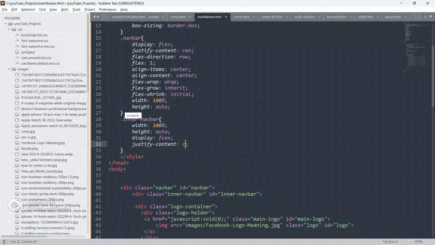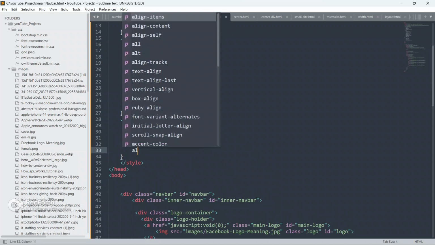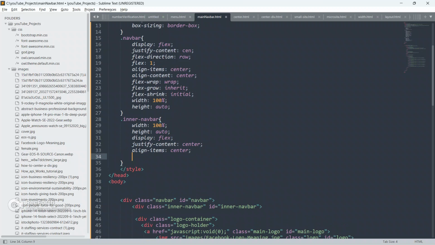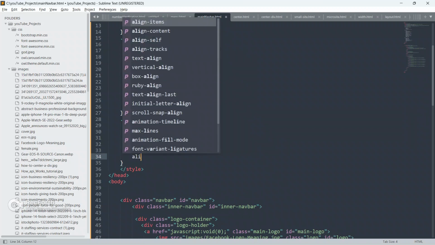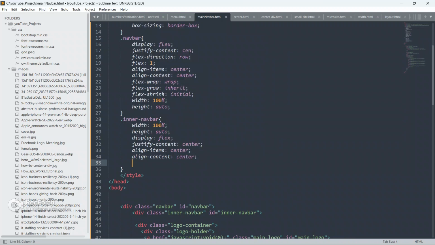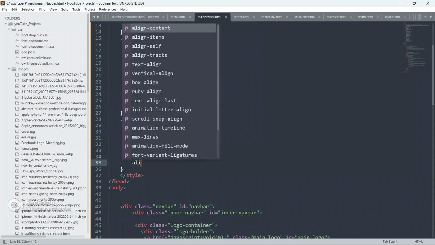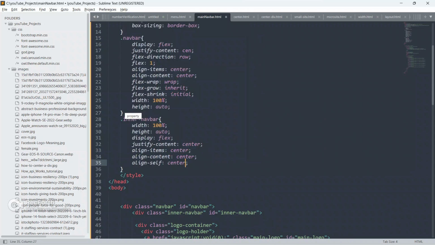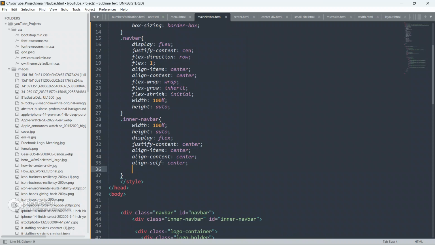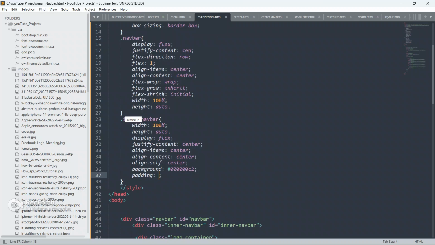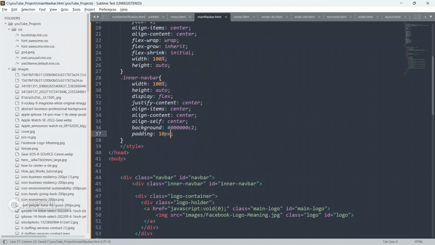auto, display flex, justify content center, align items center, align content center, align self as center, background 000C2 and padding give 10 px. Okay,